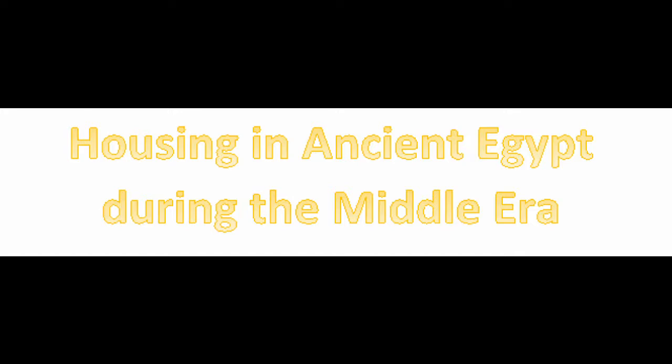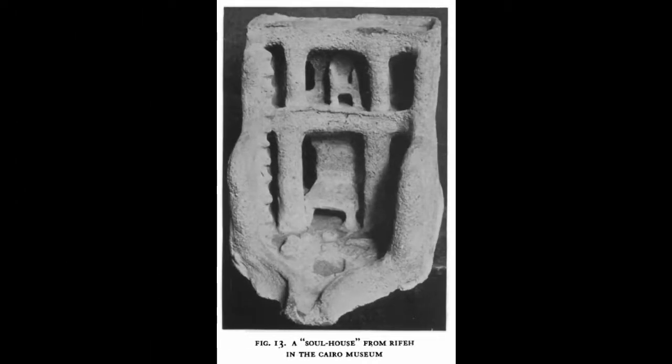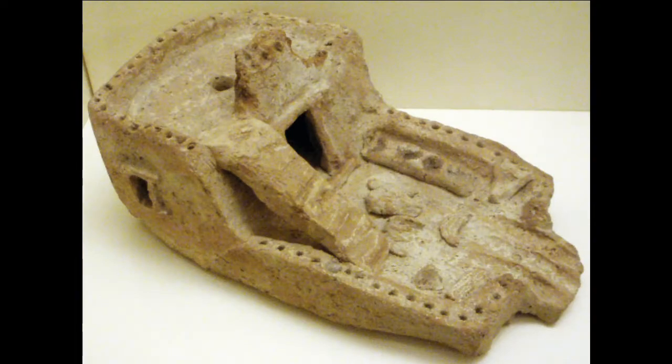Now looking specifically at the Middle Kingdom era, we see that there were various types of living quarters constructed. Not much is known about housing from this era, as most of the information we do know comes from drawings and soul houses. Soul houses were little pottery trays, which depicted courts filled with offerings and a representation of a house in the background. Soul houses were small in form, however, and so they were limited in the information that